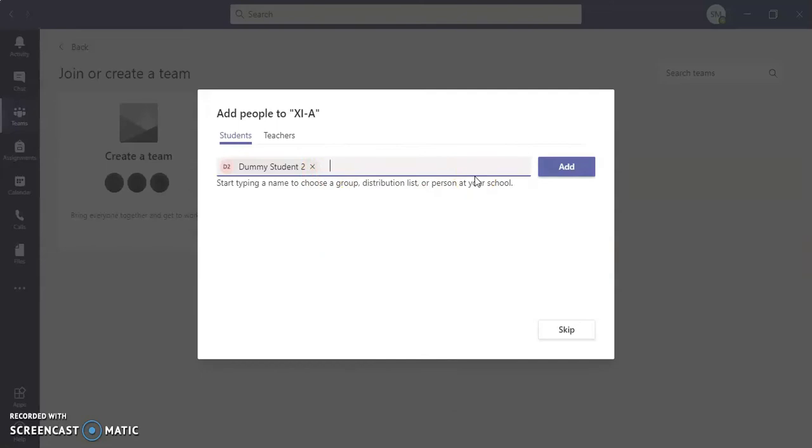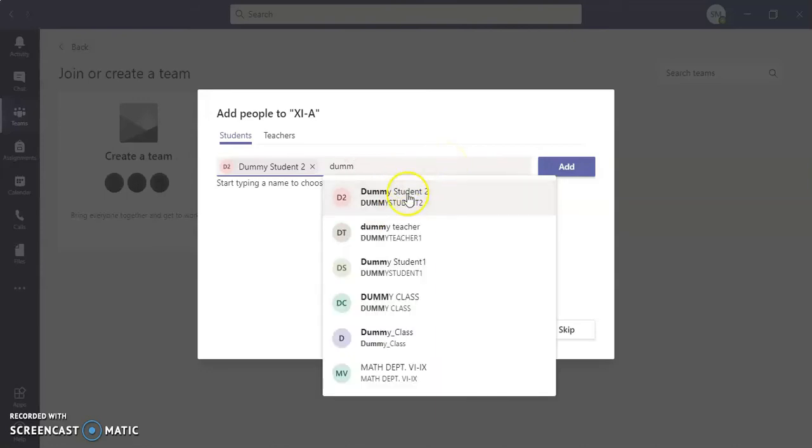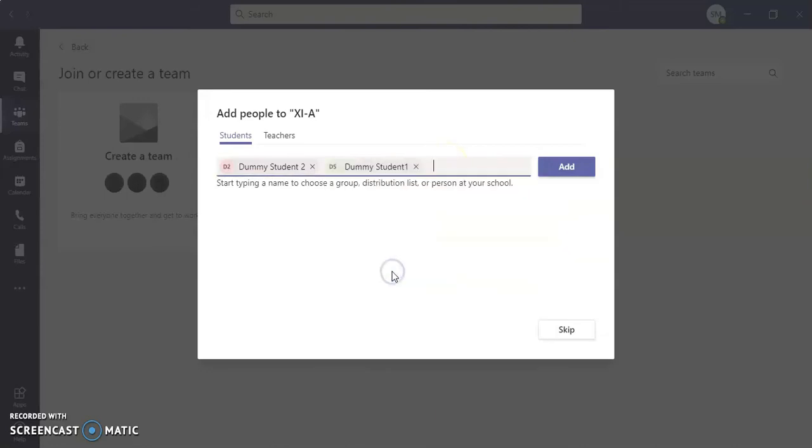And if you want to add more students, you can search for more students with their name. I have created these two students just for this purpose, and I'm adding these two students. First of all, you have to select all the names of the students and then click on add.